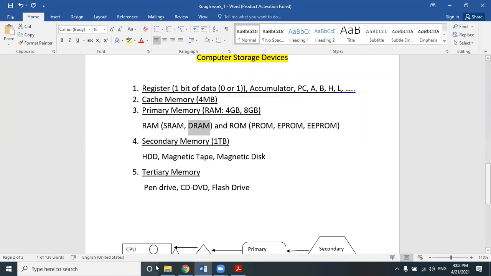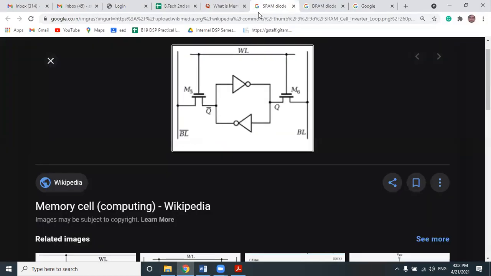So let's go to the circuit of the static RAM. This is a static RAM diode structure. A RAM can be built with various components, with the help of transistors, we can also build a RAM. In your computer organization or architecture lab, you will build all these structures. Okay, you will have to implement the RAM structure with the help of basic circuitry. So these are diode-based static RAM structures. If static RAM comes in your exam and you draw this structure, that will carry your marks.